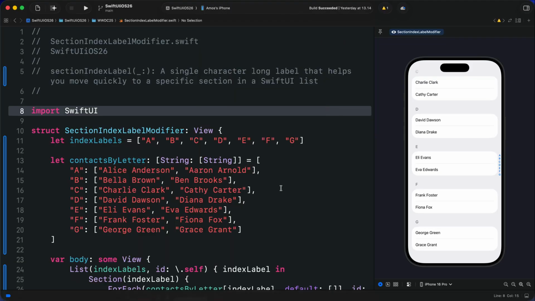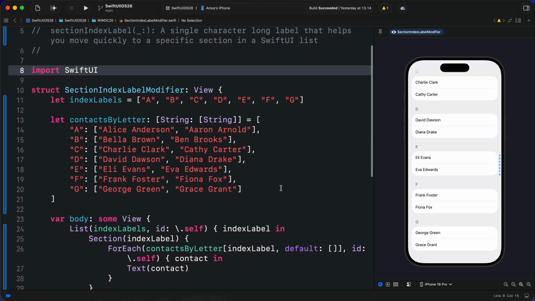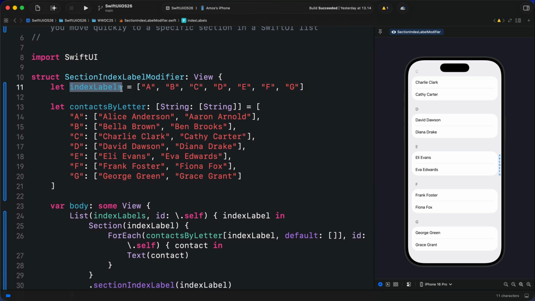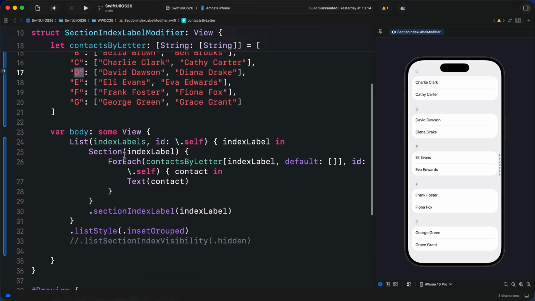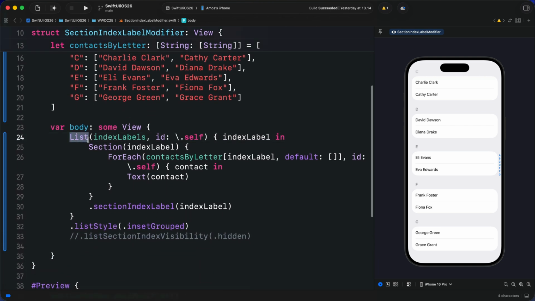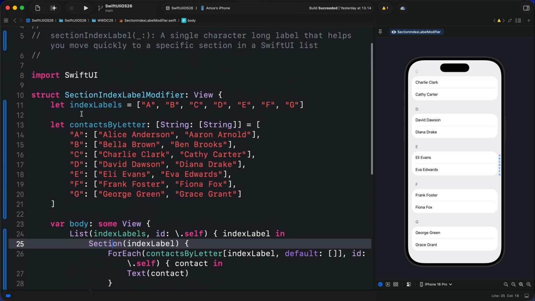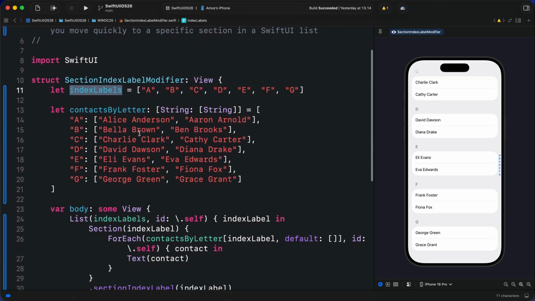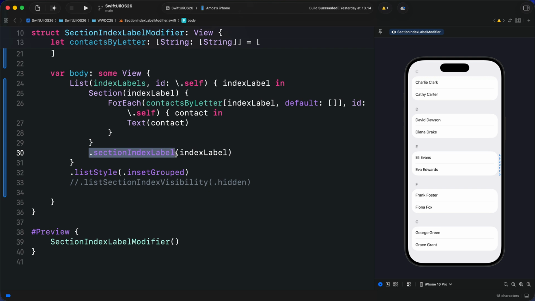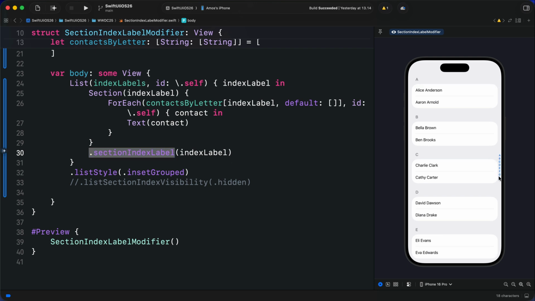To add a section index label to a SwiftUI list, first you define the single character list. Next, I defined a contact list with the corresponding index label. If I scroll down, you have noticed here I have defined a list with a section. Then we add the section index label modifier to the list section and specify the variable we defined here as the character label. So with this single modifier, section index label, we can quickly jump to any section of a